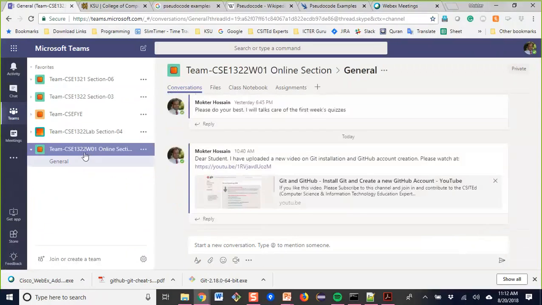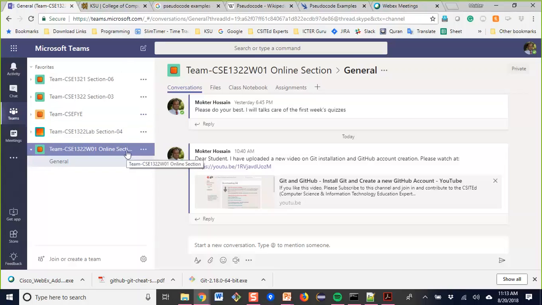With your Kennesaw University account, you will be able to join Microsoft Teams. Microsoft Teams is mainly web-based, but actually it is a very efficient communication tool. You can use the web app, and you can download it.